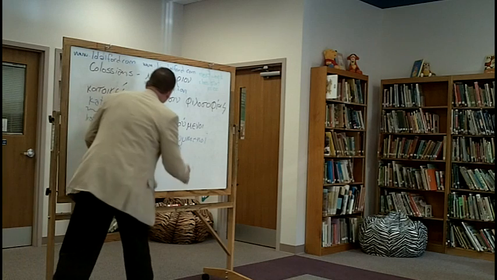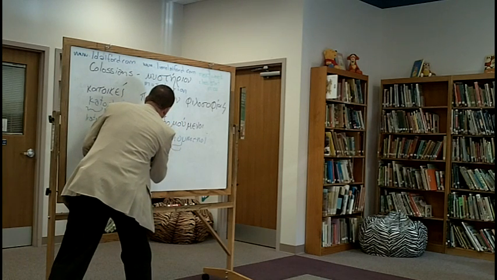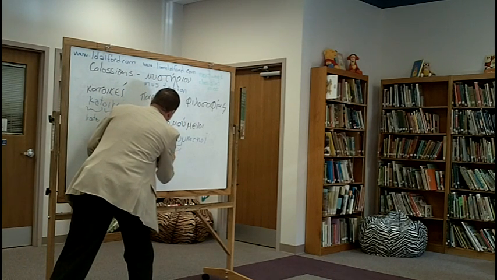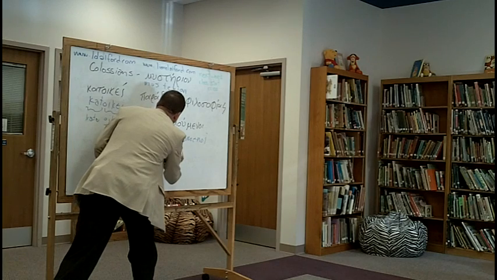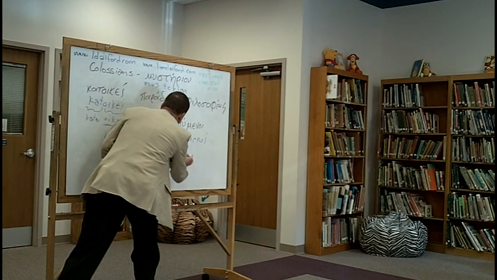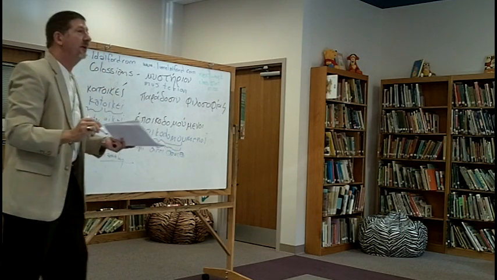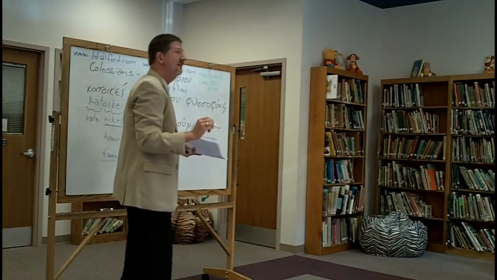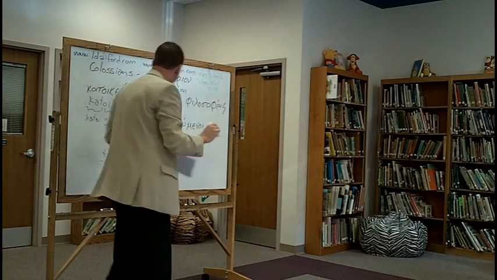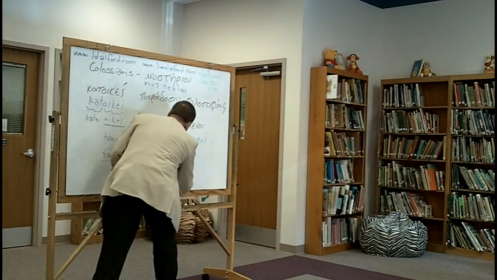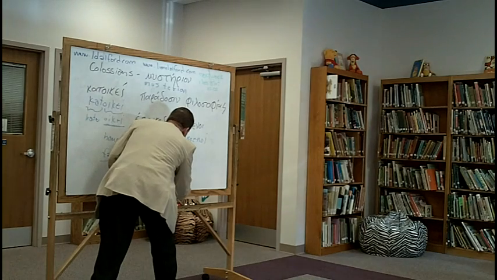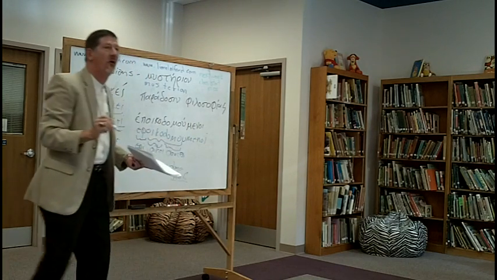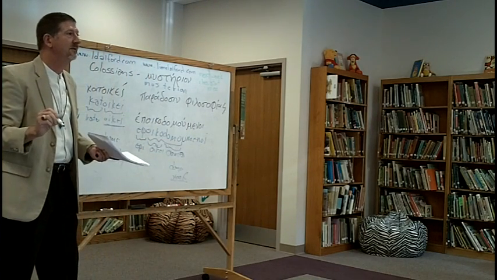Now, if I put domo into it, here's oiko, and then I put in domo. Anybody want to guess what a domo is? Domicile. Not really domicile, but a dome. It's a dome. Literally, it's a roof. It's come to us in English as a dome, but in Greek, it's a roof.